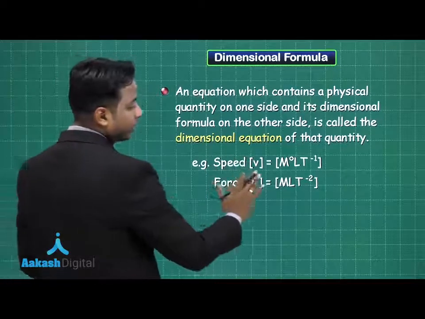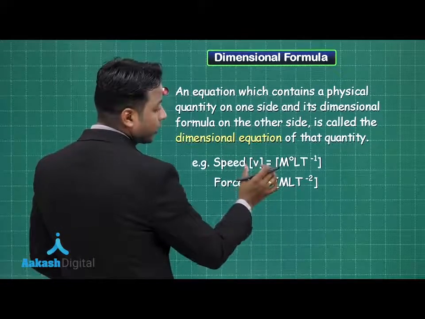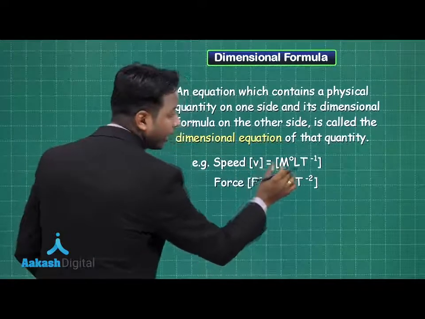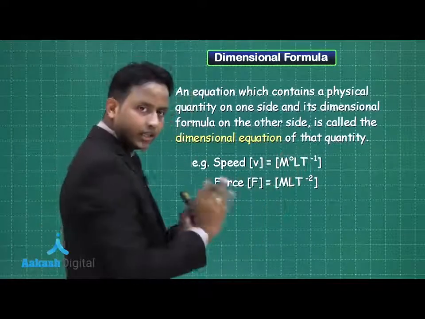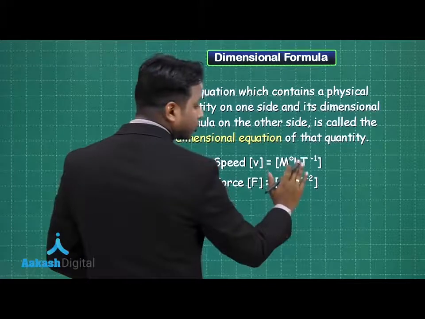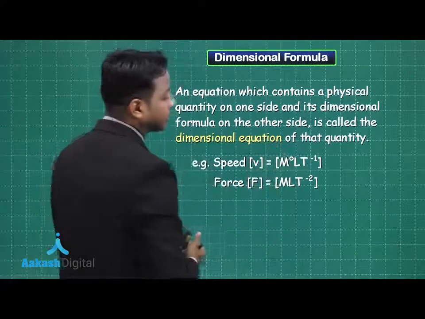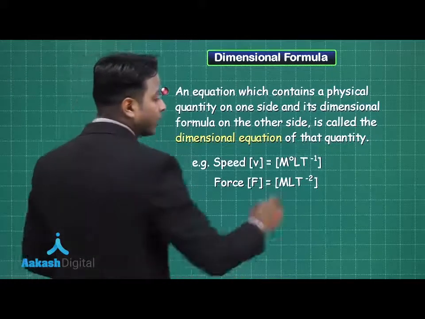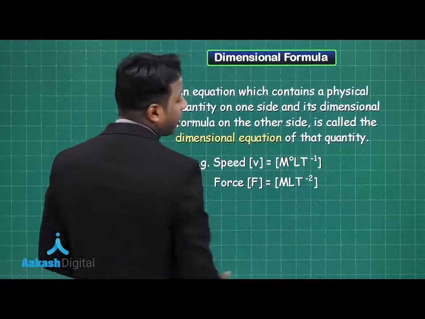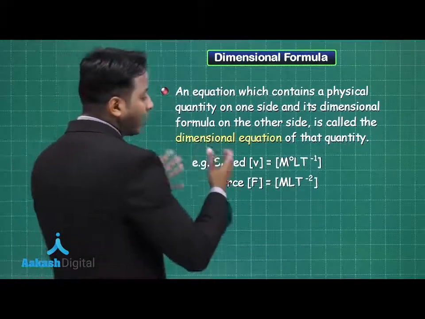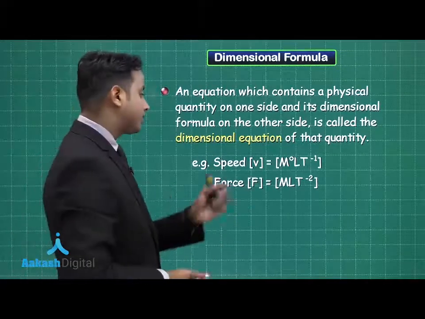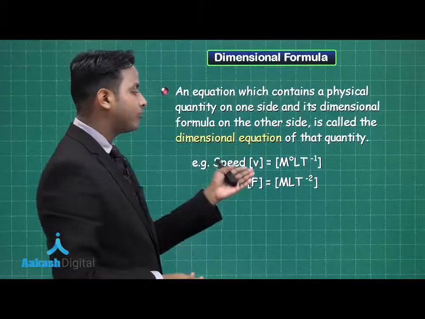You can clearly see [v] is kept in a square bracket. This shows that the dimension of speed is M to the power 0, so it is independent of mass, L to the power 1. When nothing is written as a power, you must remember the value is 1. So L is 1 and T has a power of minus 1. The dimension of velocity is M^0 L^1 T^-1, and similarly the force has a dimension M^1 L^1